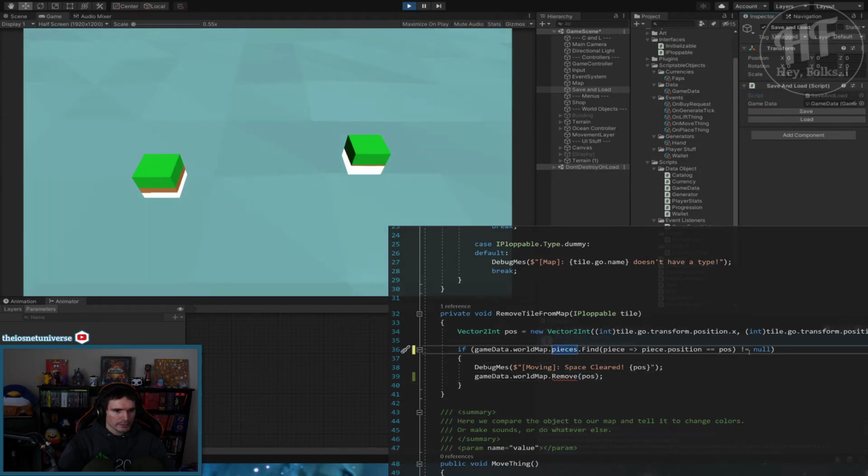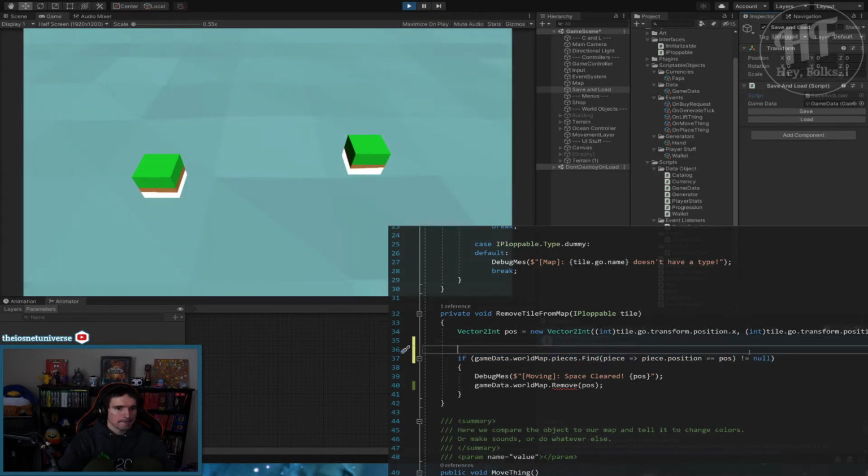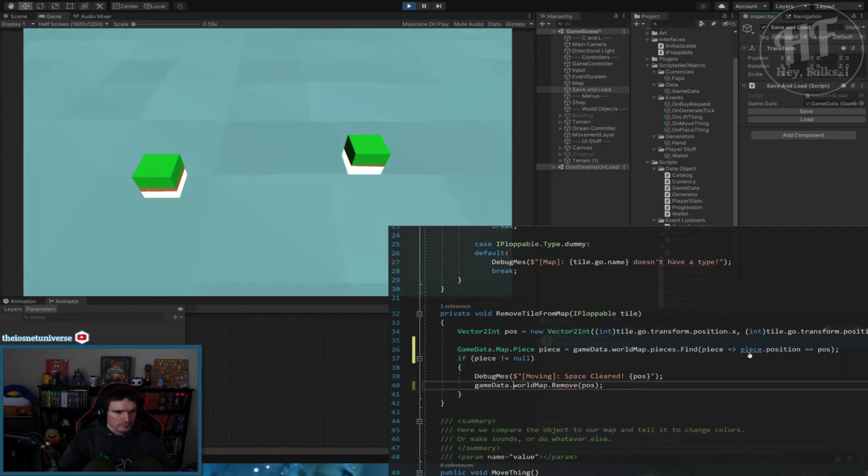And we should probably actually store this world map or game data dot map dot piece equals this. And then we'll just say if piece, move piece. You could also find indexes if you wanted, but